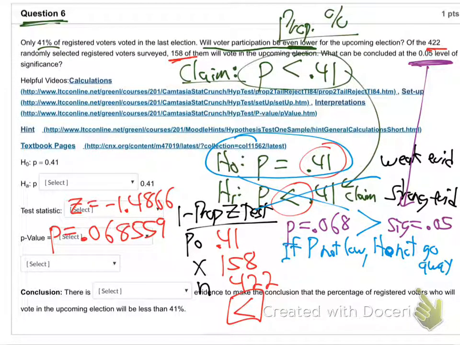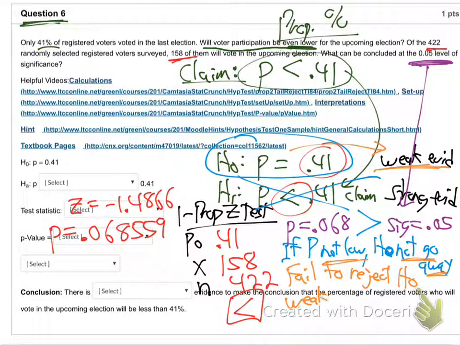So how do they say that in statistical talk? Fail to reject. It didn't go away. We fail to reject the null, don't we? The P was not low, so the null did not go away. We did not reject the null. We failed to reject. And is the evidence strong or weak? It's always weak when you're doing the null. So weak evidence. And how do we say weak evidence? Not sufficient. There just wasn't enough evidence. Not sufficient evidence to draw our conclusion.